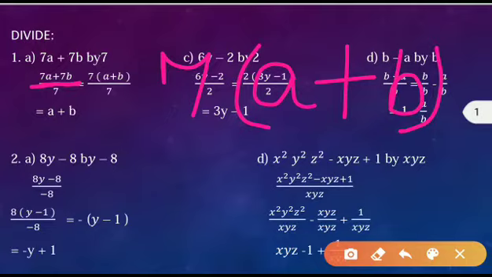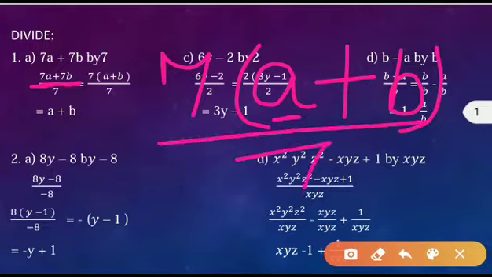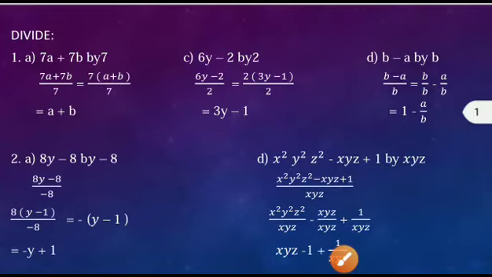When we take 7 as a common from the numerator, in the first term only a will be left, and from the second term only b will be left, and upon 7 will be as it is. Now this is with the multiplication and this is with the divide, so we can cancel this 7 and 7, and your answer is a plus b only.